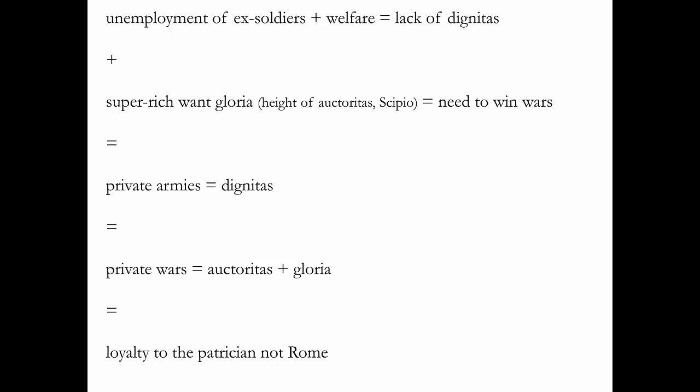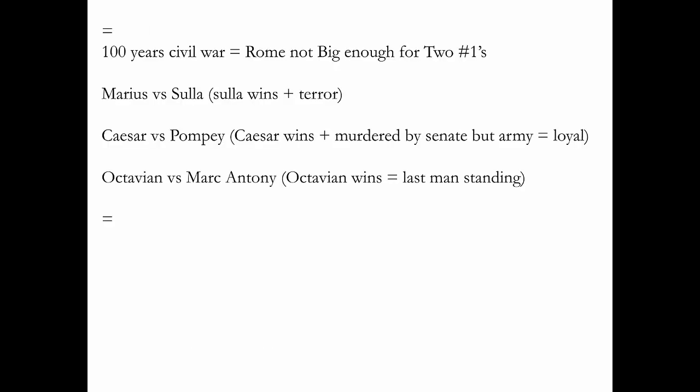But now, we have private armies, private wars, and private loyalties. And what we get is 100 years of civil war. Because as Claudius goes back to Rome, somebody else is coming back from Greece or the Caucasus. And Rome is not big enough for two number ones. They both show up, they say, I'm number one. And Rome is not big enough for them. And so what we get is Marius versus Sulla. And Sulla will win